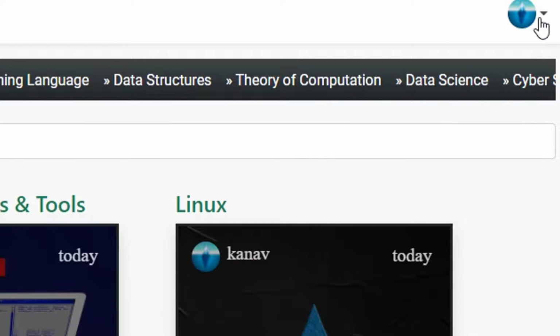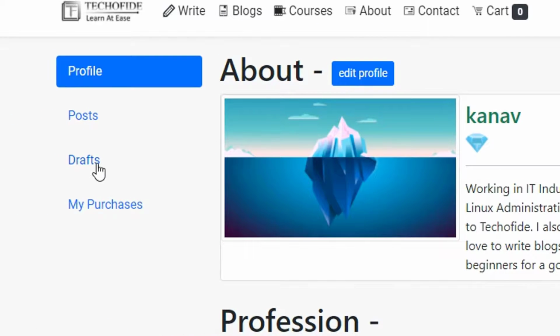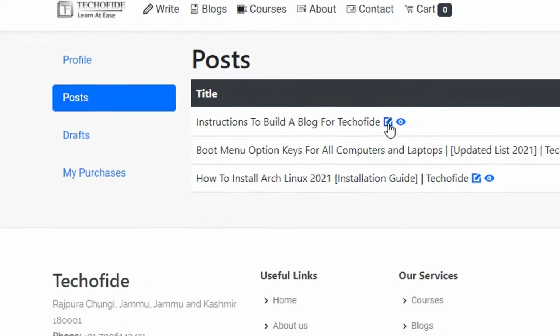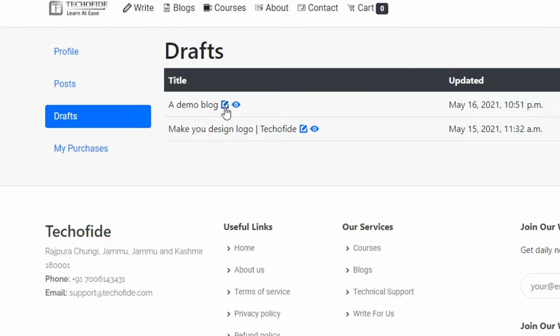So for that, you just need to go to your profile section, just click on drafts. So currently we have a blog which is on draft. If you have your blogs published, it will go to publish. You can preview your blog, you can edit your blog in publish, but you can only edit your blog if you have a membership, and that membership is free. You can see our instructions. So for now, just go to drafts. This is our blog which we have made. Click on that icon.